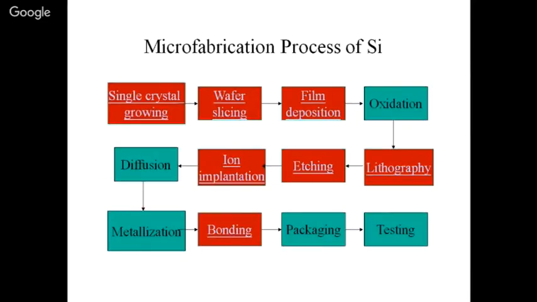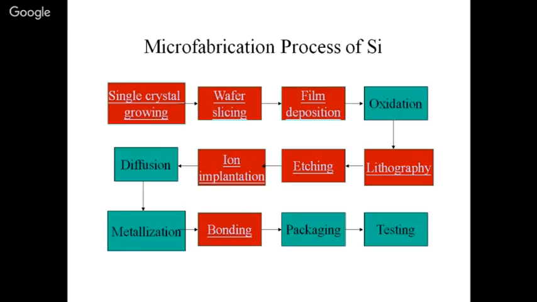Now the fabrication process of silicon: single crystal growing, then wafer slicing, then film deposition, then oxidization, then lithography, deposition, and then etching, removal, then ion implantation. I have already explained what ion implantation is: a process by which the ions of a material are accelerated in an electrical field and impacted into the solid. Then diffusion